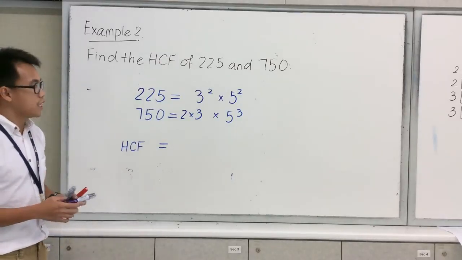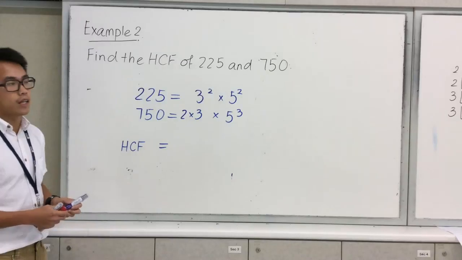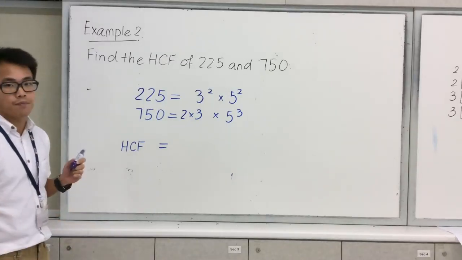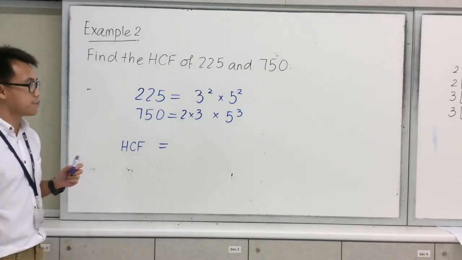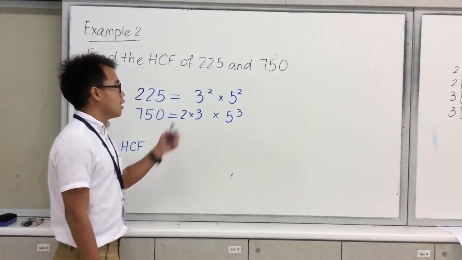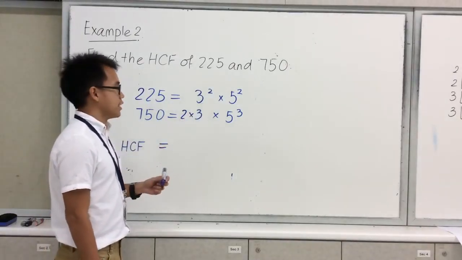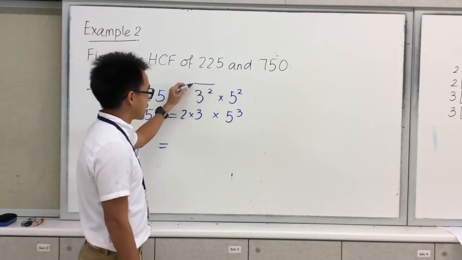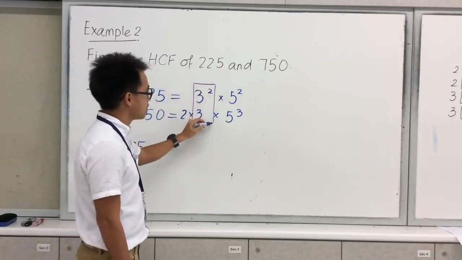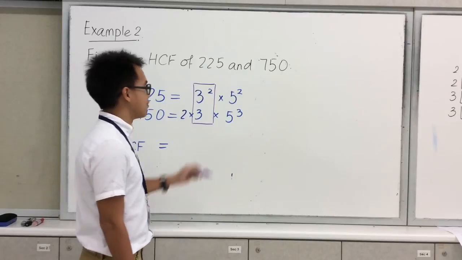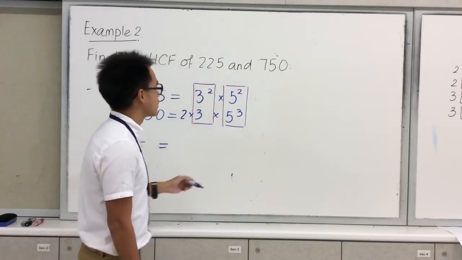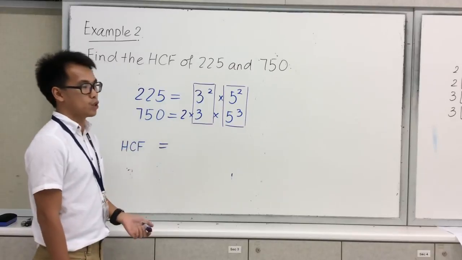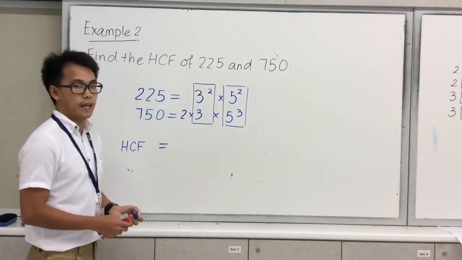What we do is we go and look at the same prime in both prime factorizations. What do I mean? The prime 3 appears in both prime factorizations. The prime 5 appears in both prime factorizations. And there's also the prime number 2. Okay? So,